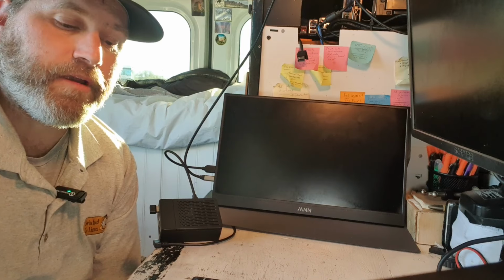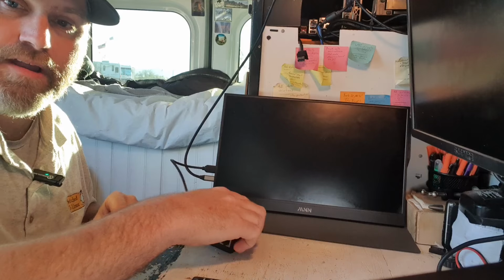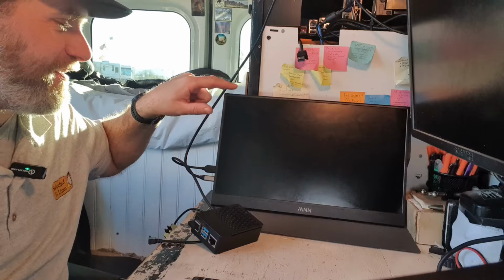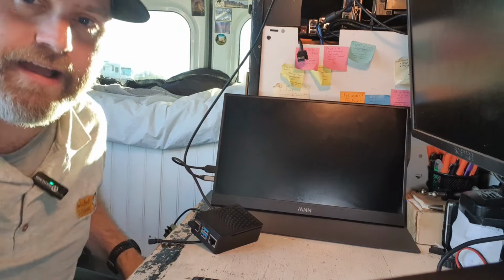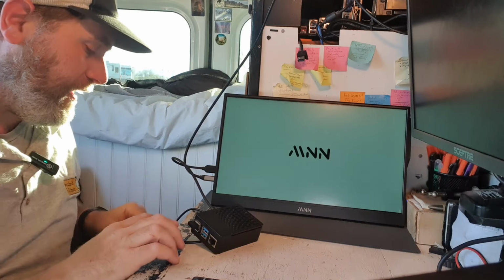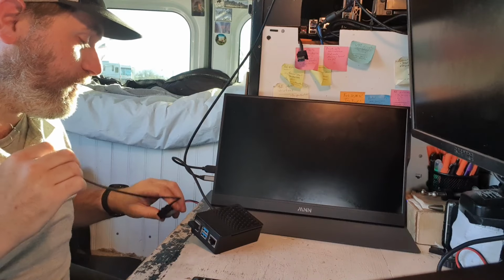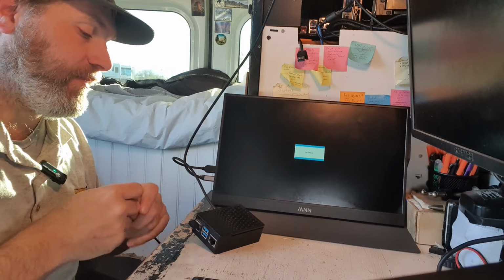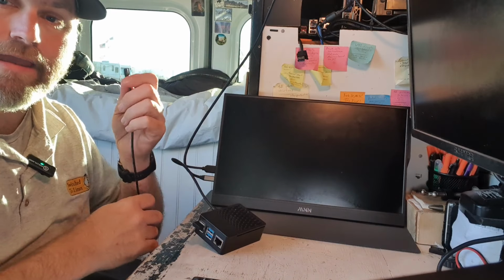We have a nice Raspberry Pi setup over here. So I have a nice DC monitor over here that's plugged in up here. So go ahead and give that guy some power. And then I have a nice little power adapter here that ties directly into a 12-volt line that's plugged into an accessory line that I have. And we're going to plug this guy into the Pi. This has a Raspberry Pi 4